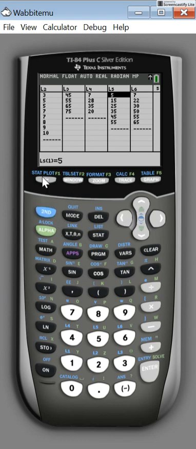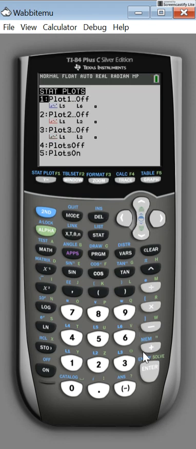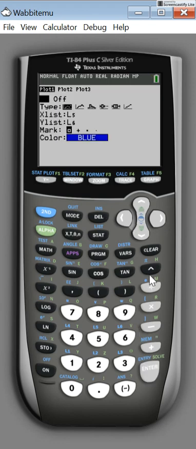So I'm going to go to Scatterplot and I'm going to turn on one of the stat plots. I'm going to pick Scatterplot, and you see there's list 5 and list 6. And you can pick how you want the points to look. Hit enter. And you can change the color if you have a color calculator. And then I can go graph